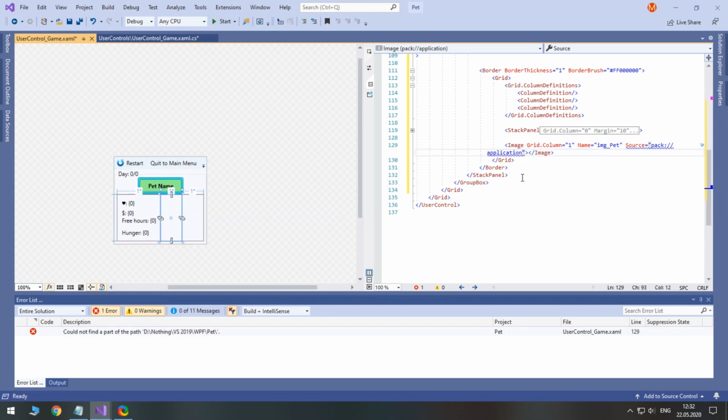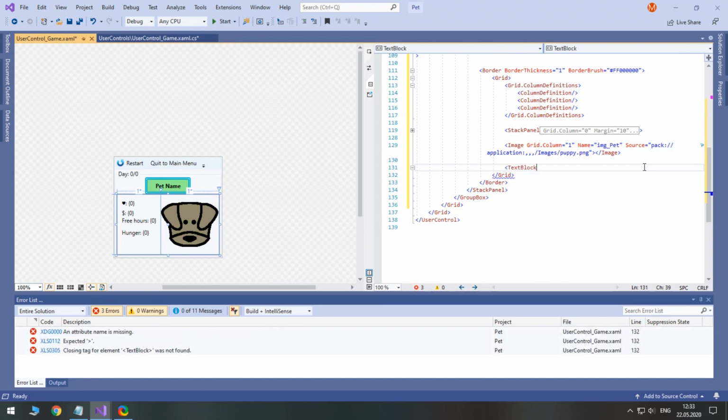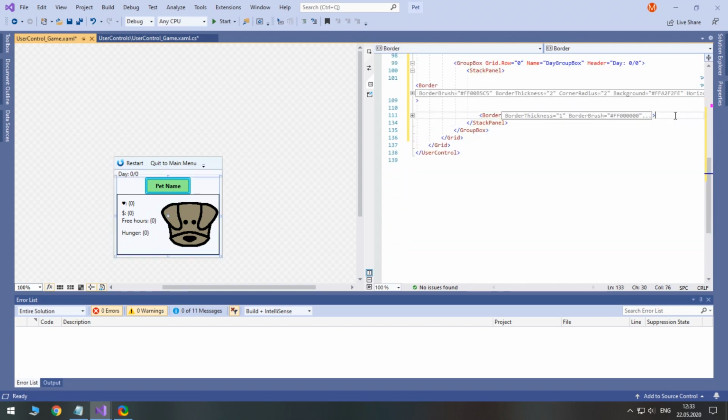For now, I will put the puppy image as a placeholder. Let's put a text block for daily messages right below this border.